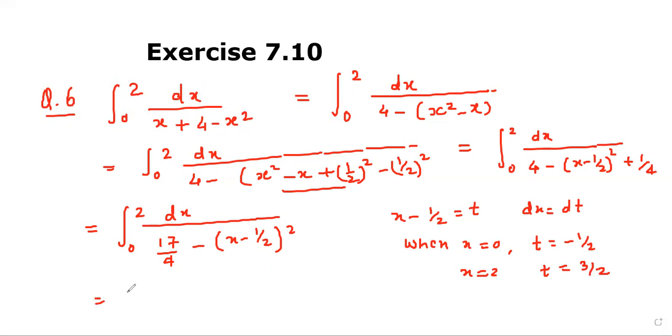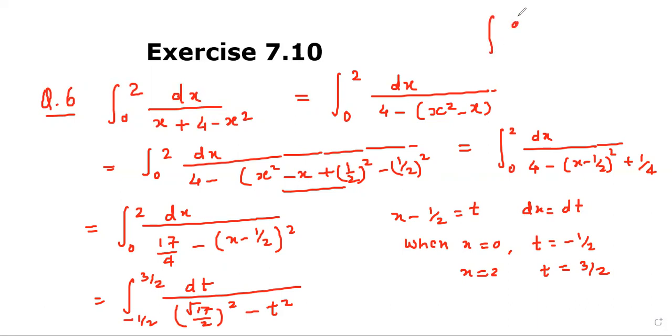So our question becomes integration minus half to 3 by 2 dt upon root 17 upon 2 whole square minus t square. Now we apply the formula